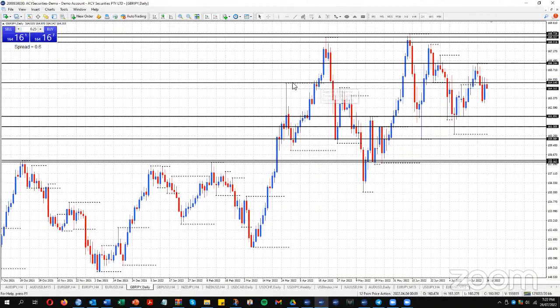So on the daily chart, it's this area over here, which has been used as support and resistance for many, many weeks. Another support line came in here, a couple of pips above. And we were above it last week. We fell below it. And you can see today we're rejecting it. So if you got my commentary on the weekend, trying to trade down for 164.64 would be ideal.